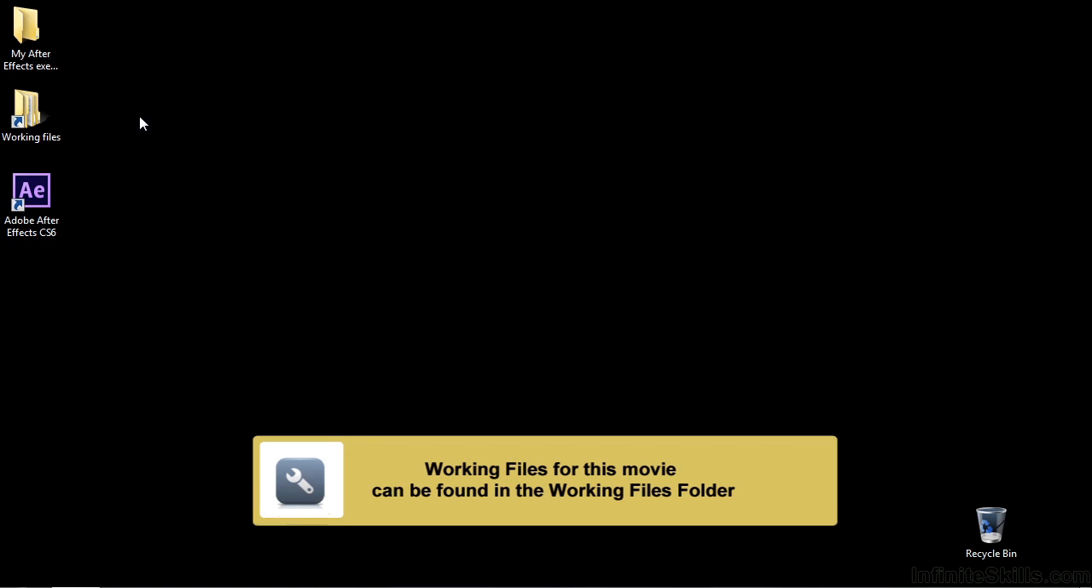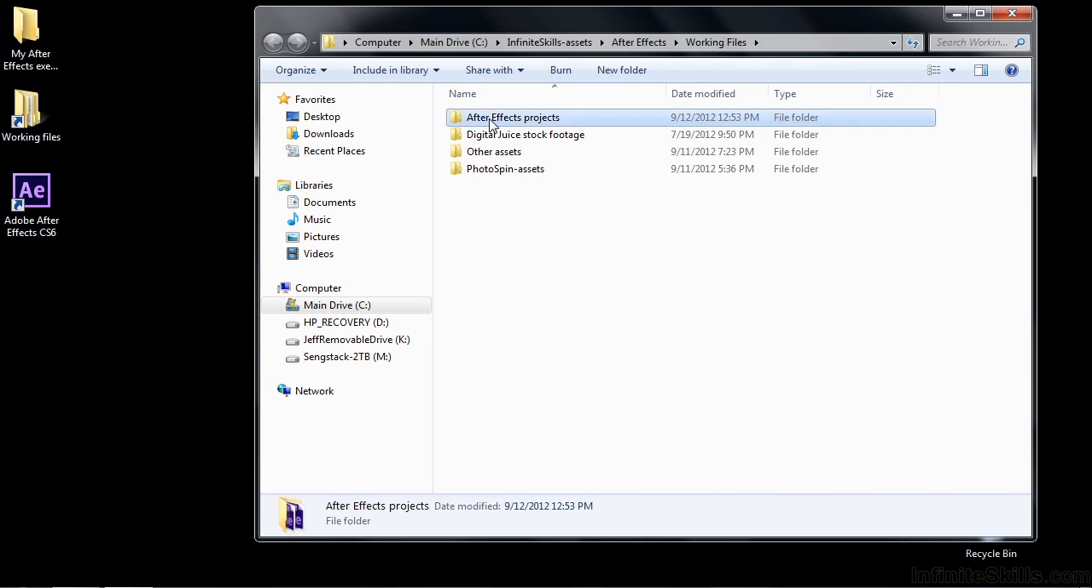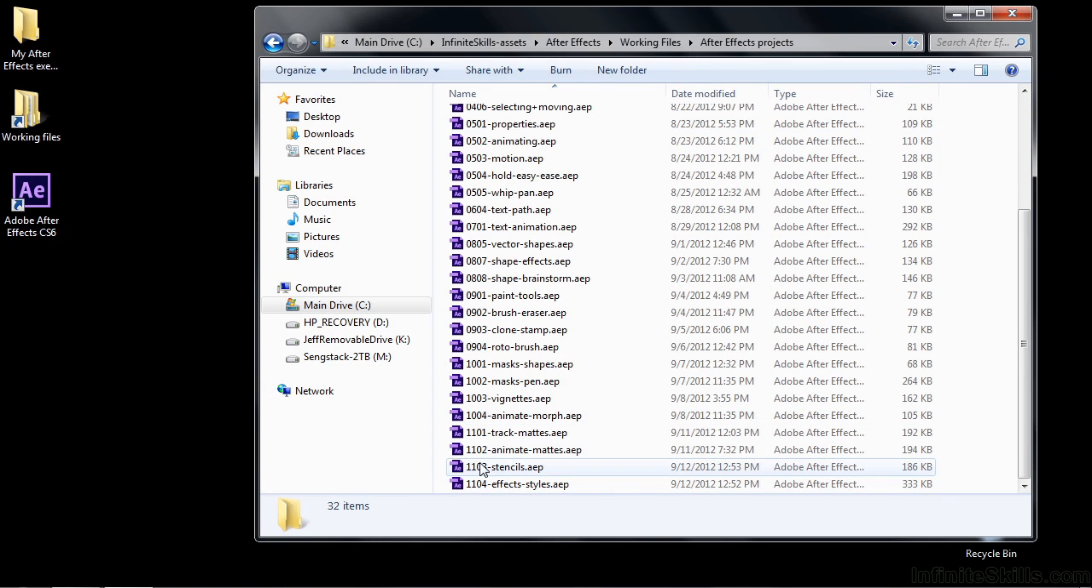In this lesson, I'm going to talk about a different kind of mat. It's called a stencil. Now, when you think about a track mat, the track mat affects the layer directly below it, but a stencil affects every layer below it. So to see how that works, let's go to Working Files, go to After Effects Projects, and open up 1103